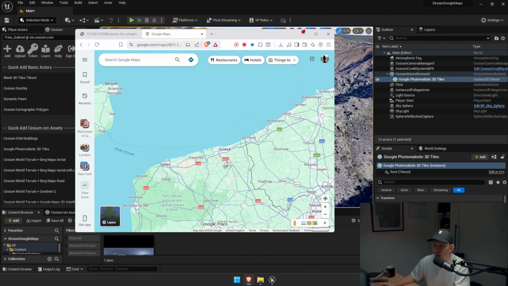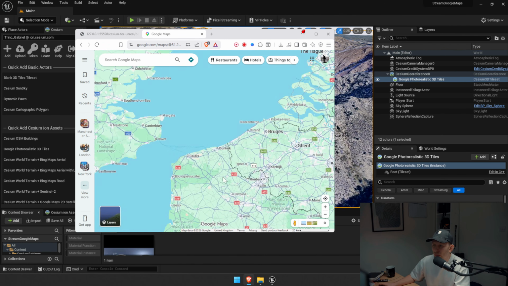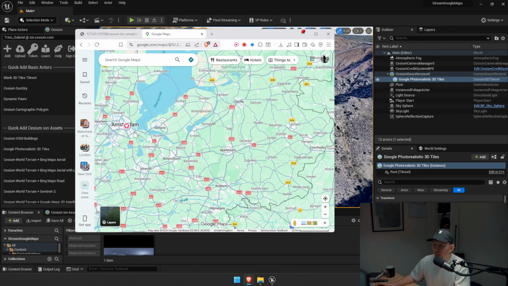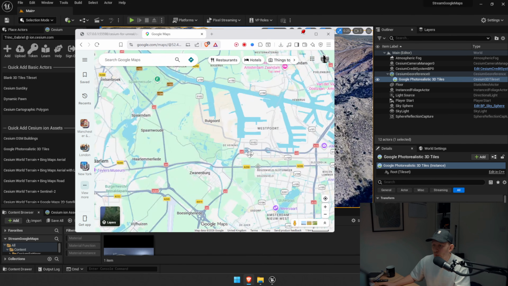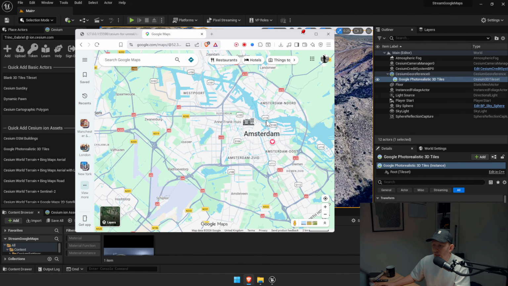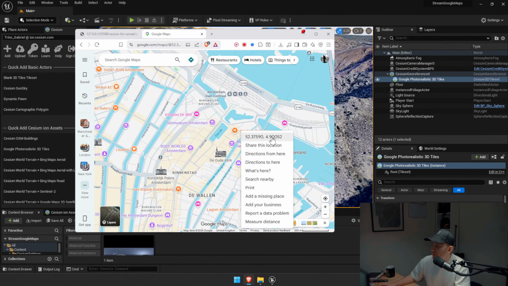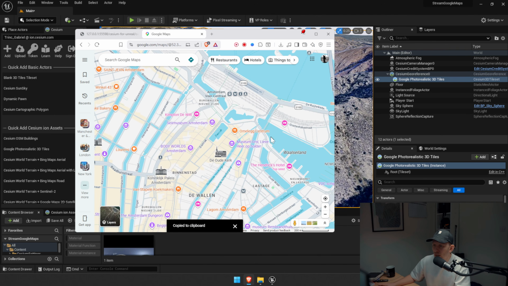For example, I want to go to Amsterdam. Where is Amsterdam? The only thing you have to do is right click, you get the coordinates,